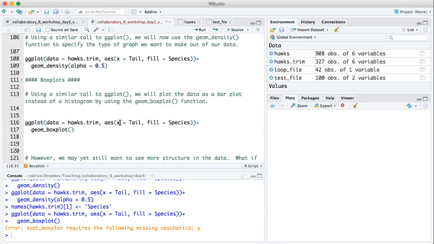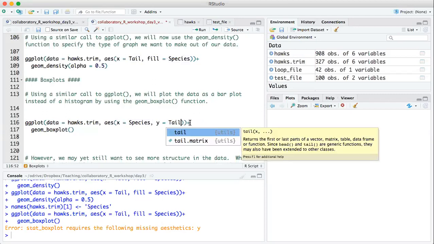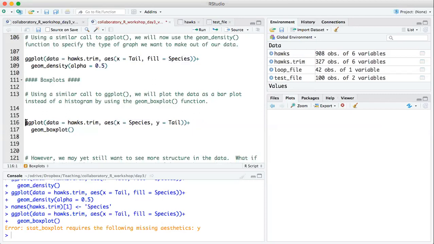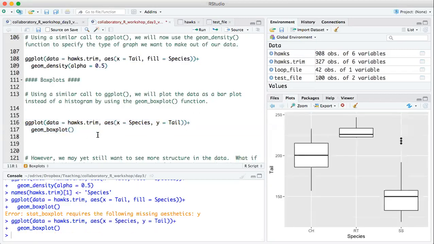So I need to change what I have inside of aesthetics. Now that I'm making a box plot, I need to make x equal species, and instead of fill, I have y equals tail. Try highlighting these 2 lines, press Command Return. Great, and now we have